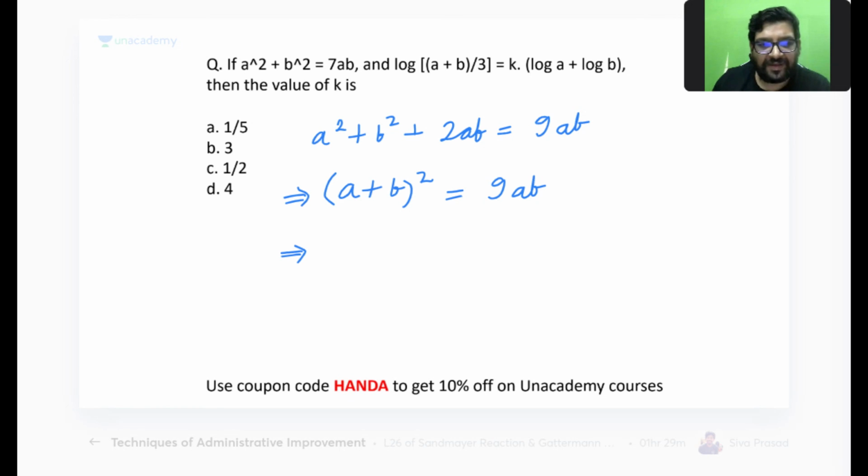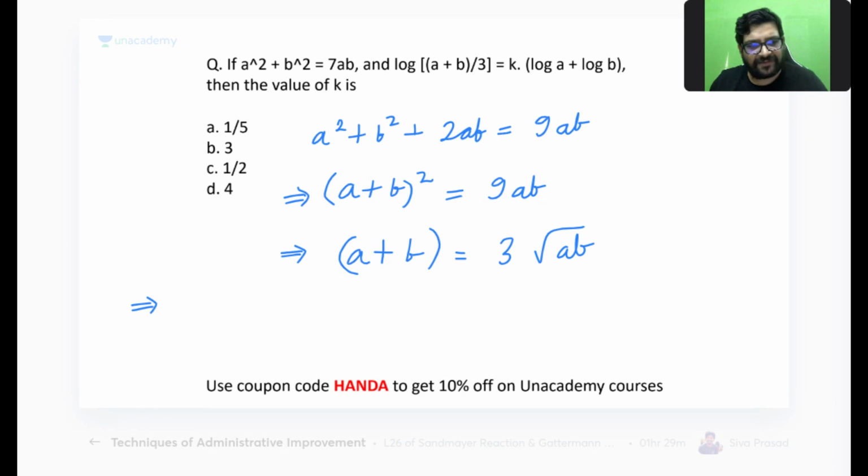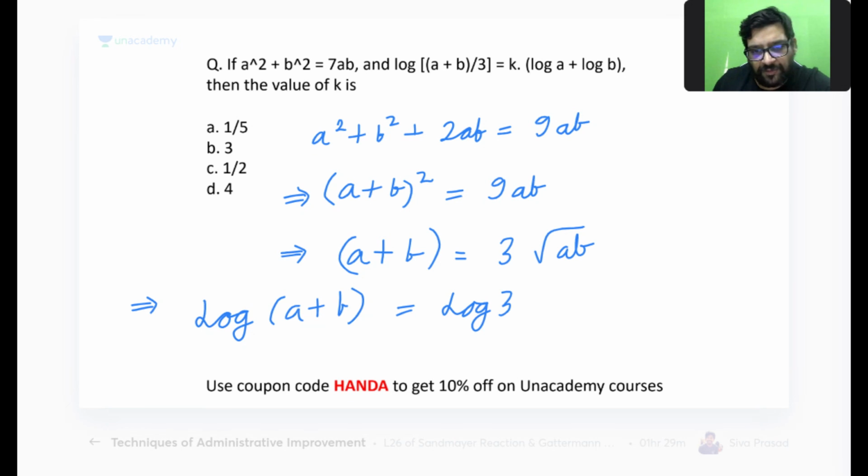So this means a plus b is equal to 3 root of ab. A plus b is equal to 3 root of ab. Now I take log of both sides. So I will have log of (a plus b) is equal to log 3 plus log of root ab, or half log ab,